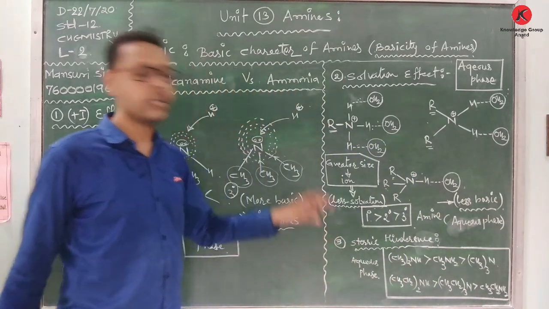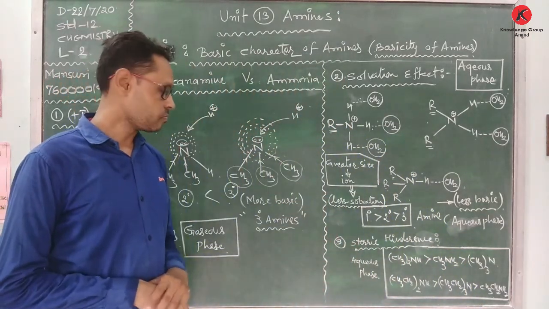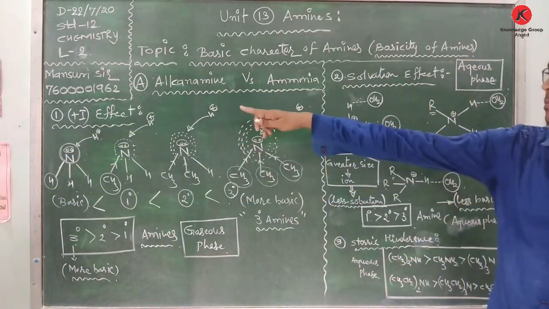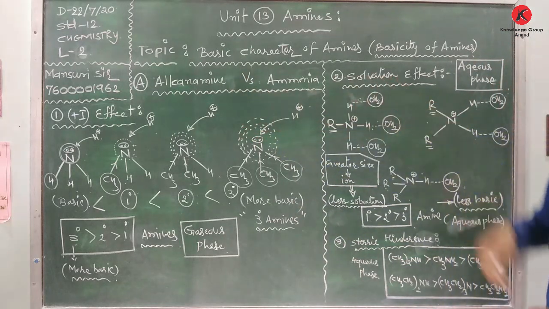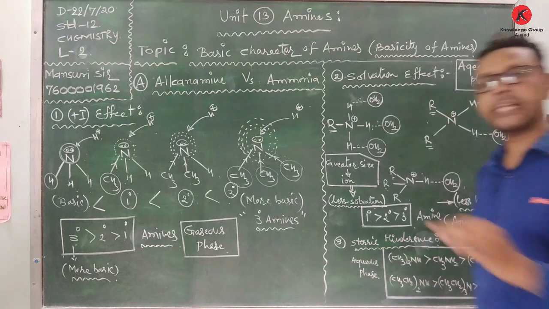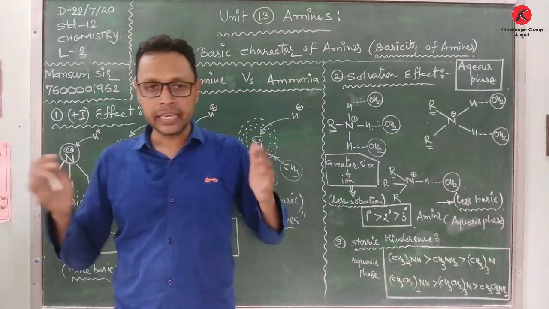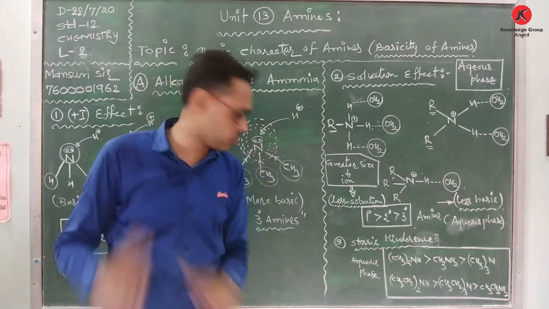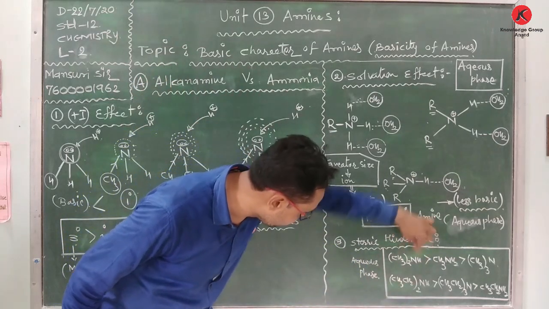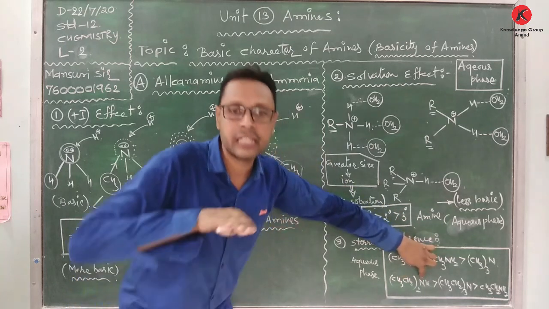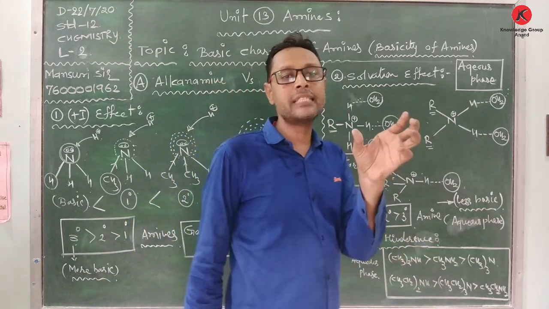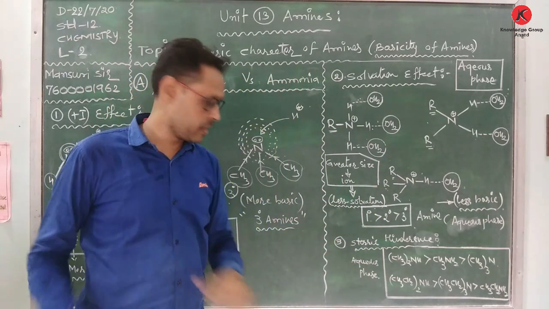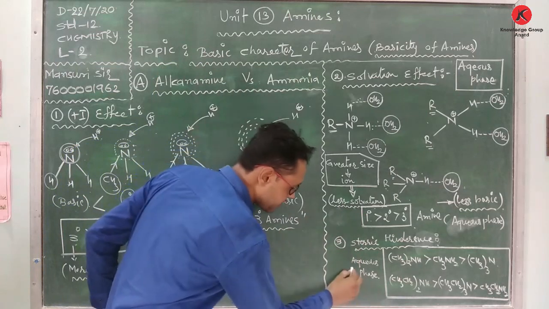Now here, students, the third phenomenon: the factors affecting basicity. First one, plus I effect. Second one, solvation effect. Now the third one, steric hindrance. If bulky groups like methyl, ethyl, propyl are attached to the nitrogen, then electron repulsion will also be there. That is why steric hindrance will occur. So we can say that in the aqueous phase,